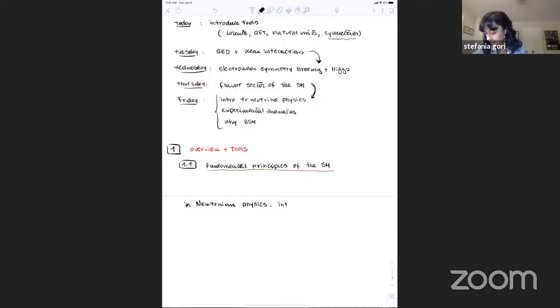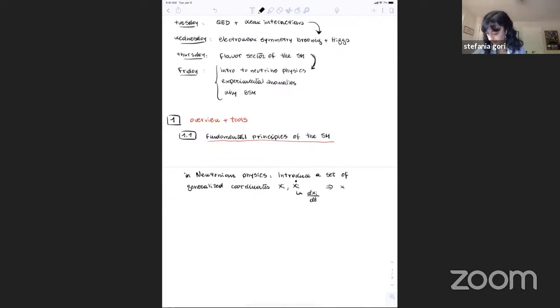Let me call them x_i and the time derivative of x_i, so this will be the derivative with respect to time. And then if we want to describe the system, what we would like to understand is the time evolution of these coordinates. And to do that, what we do is to minimize the action